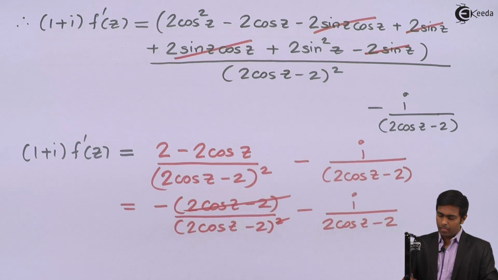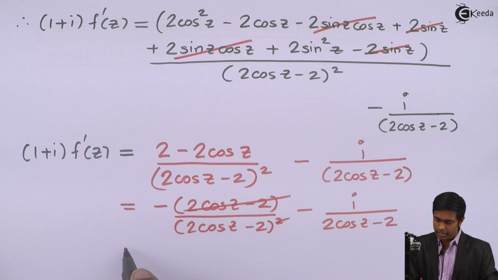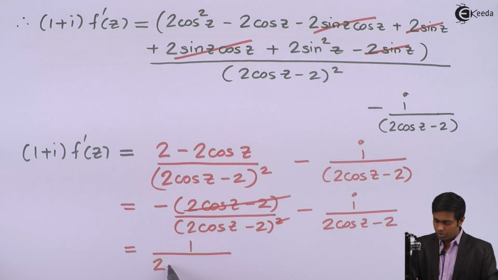So now we got minus 1 upon 2 cos z minus 2 and minus i upon 2 cos z minus 2. So I can take 1 upon 2 cos z minus 2 common, and in the bracket we will get minus